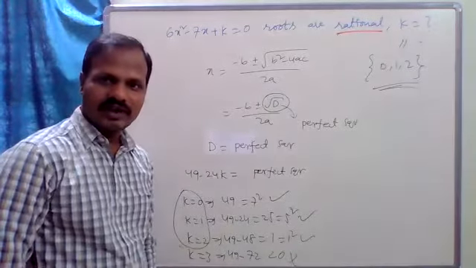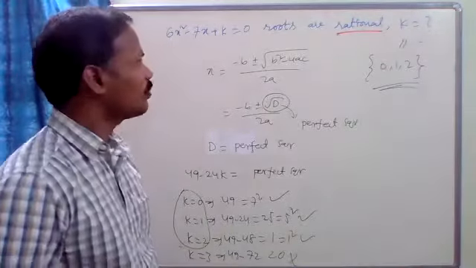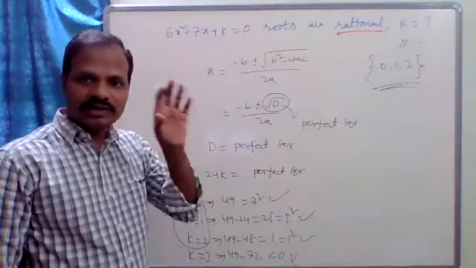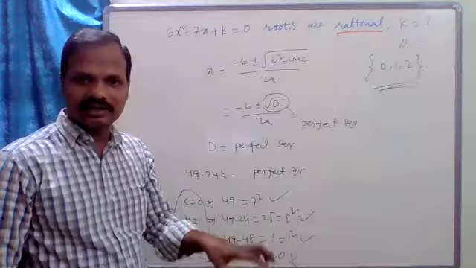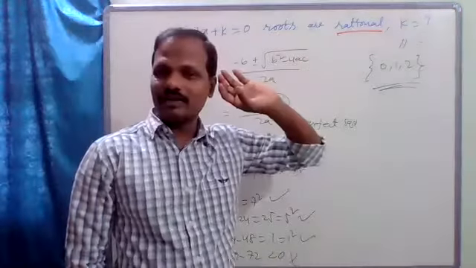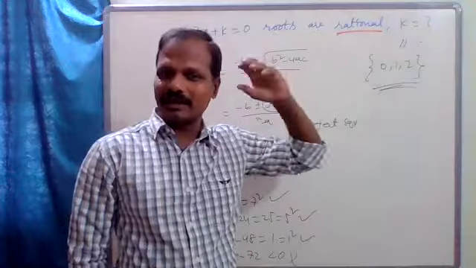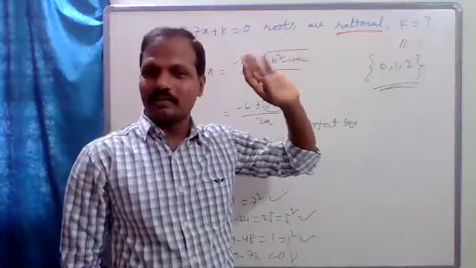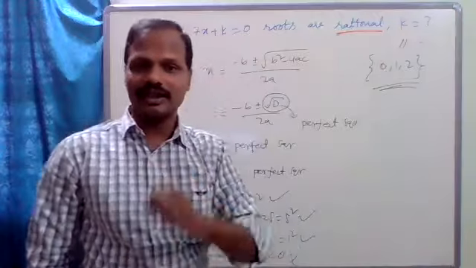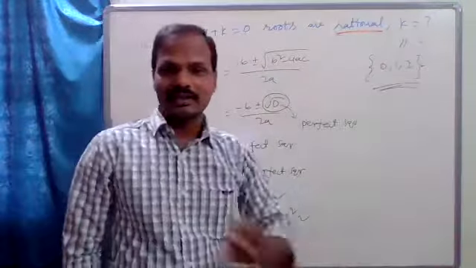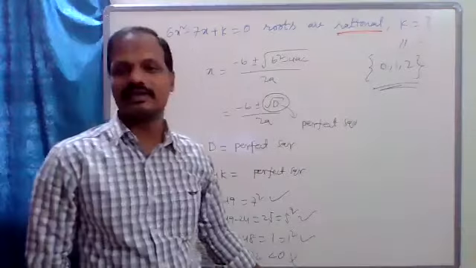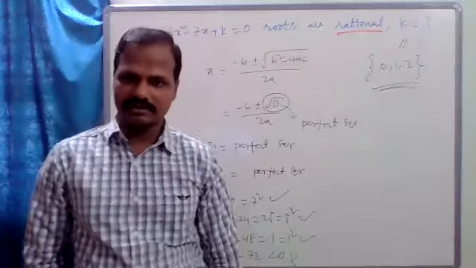Now see, while solving problems, think about what is given. Each and every word is important. Don't concentrate only on equations. Here, rational: generally we don't bother about rational, irrational and real, but those are very important. Rational roots mean the discriminant must be a perfect square. Then only we will get the answer.